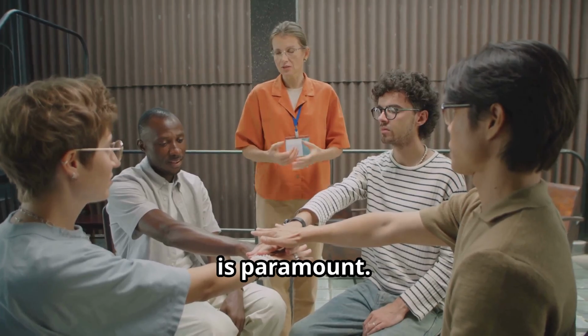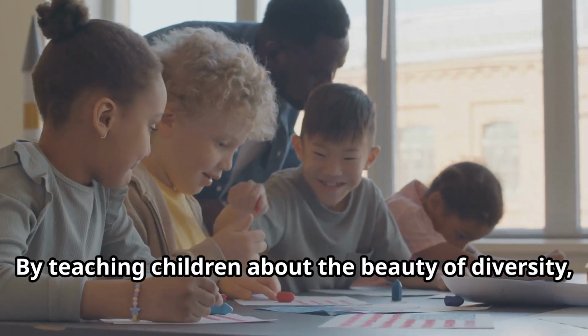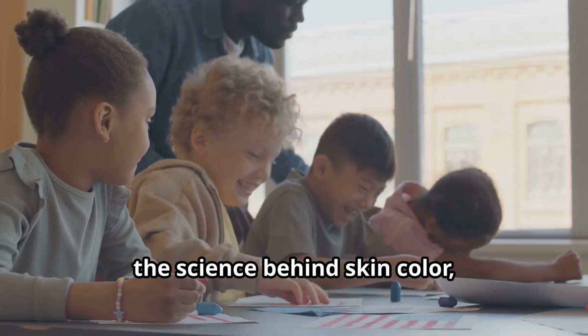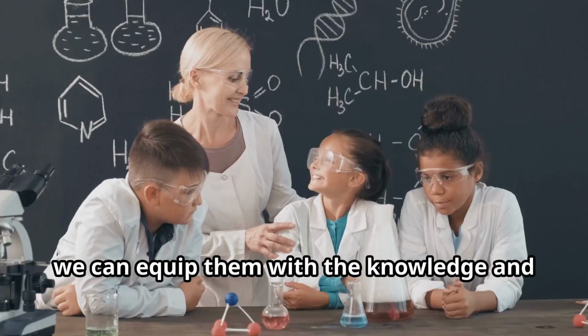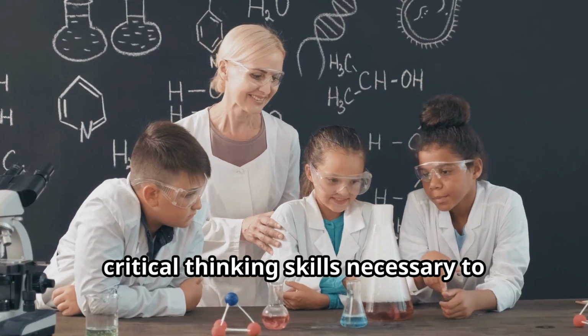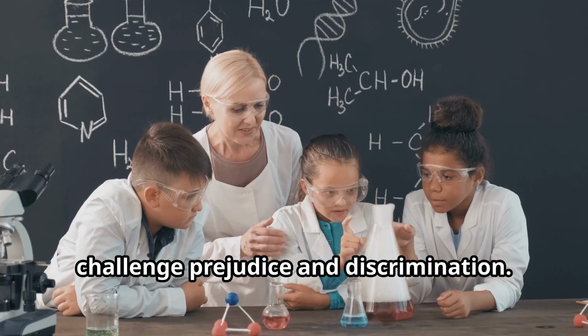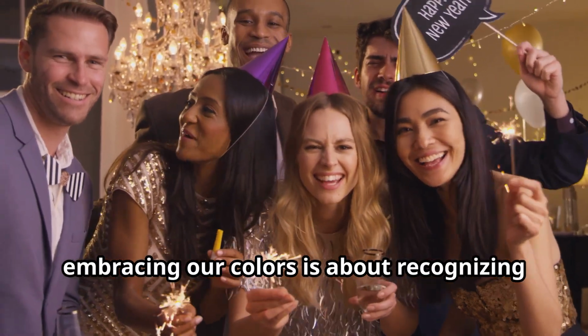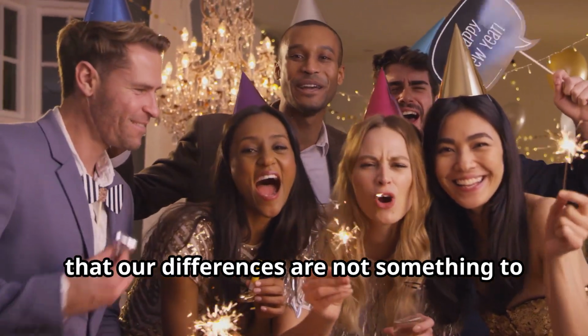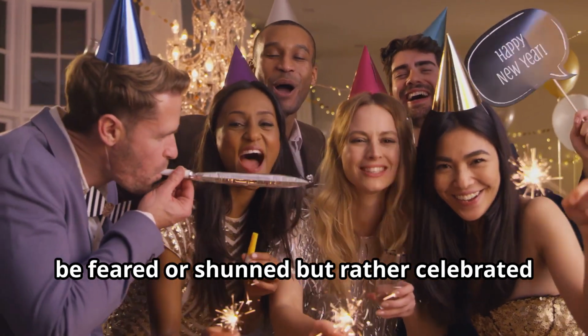Education, too, is paramount. By teaching children about the beauty of diversity, the science behind skin color, and the history of racism and colorism, we can equip them with the knowledge and critical thinking skills necessary to challenge prejudice and discrimination. Ultimately, embracing our colors is about recognizing that our differences are not something to be feared or shunned, but